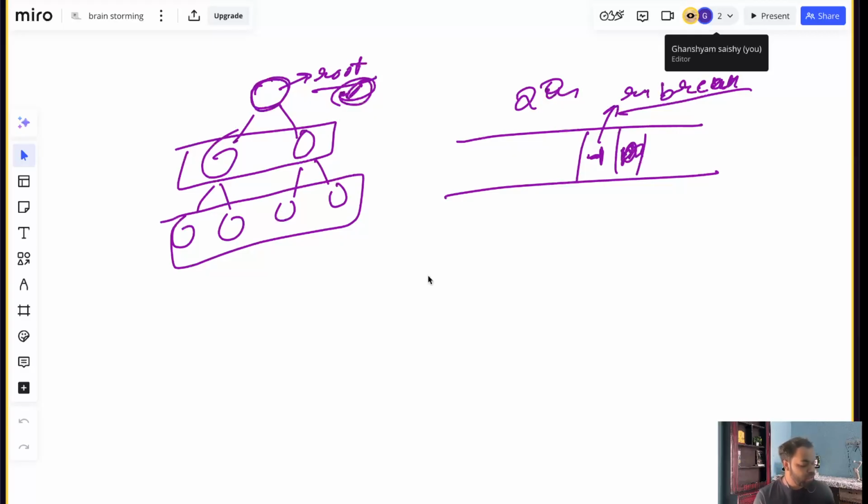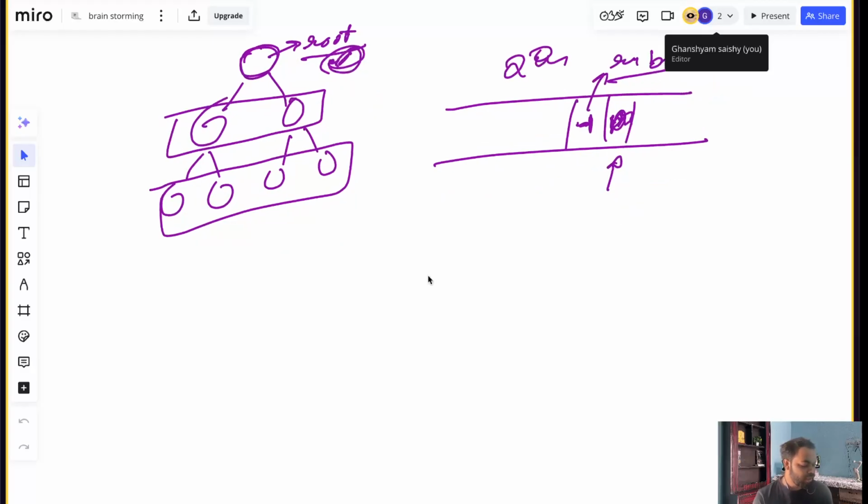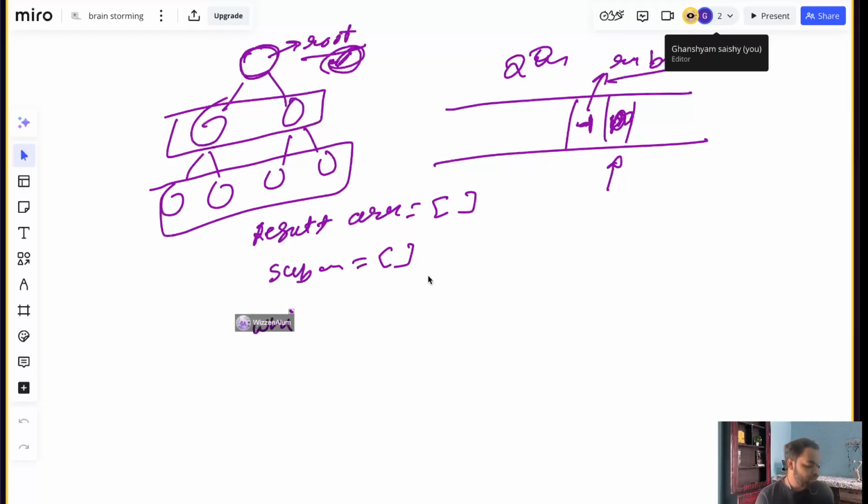So if the root value is there, I'll do the normal thing. Suppose I have a result array that will hold the sub arrays, and this is the sub array that is also empty, and we push into it slowly as we move ahead. We have the same while loop that says, okay, while queue not empty,